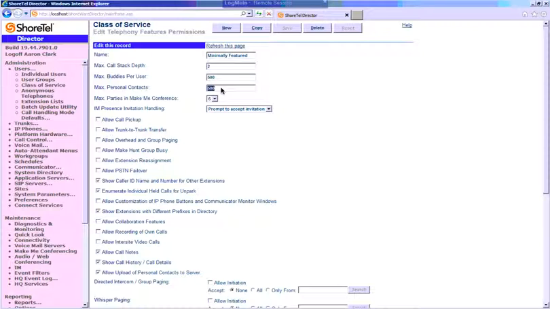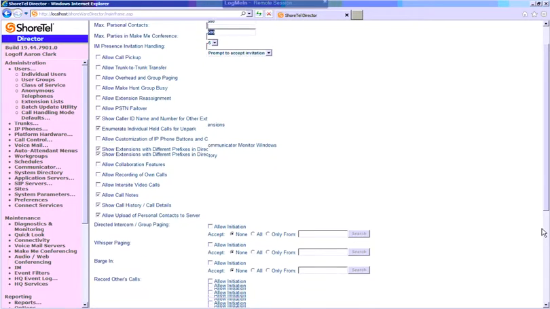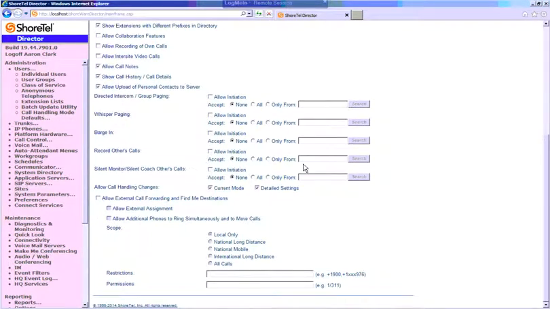the contacts tab, how many personal contacts you're allowing them to import from Outlook. So this can be expanded. Some users have seen upwards of several thousand contacts, so you can expand that as well. Again, not going to go through all the different options here, but you can see a pretty customizable list of telephony features that you can allow or not allow based on